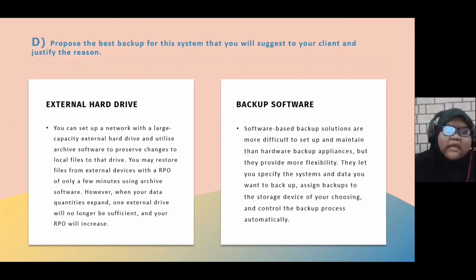For question D, propose the best backup for the system that you will suggest to your client and justify the reason. Okay, we have two backups here. For number one, external hard drive. You can set up a network with a large capacity external hard drive and you receive